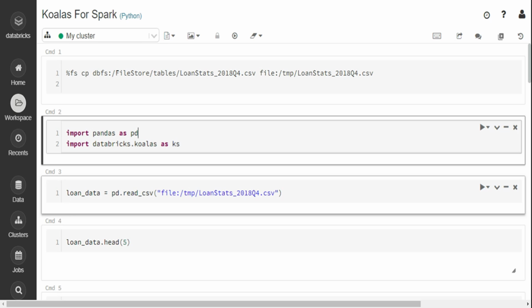pretty easy. The main challenge though with Pandas and Python libraries is that it is very memory dependent. It cannot run in a distributed way and it has to depend on a single node system where you load the data into memory and process it. So it is not ideal for very large data sets.